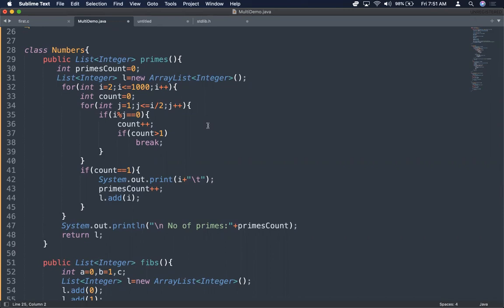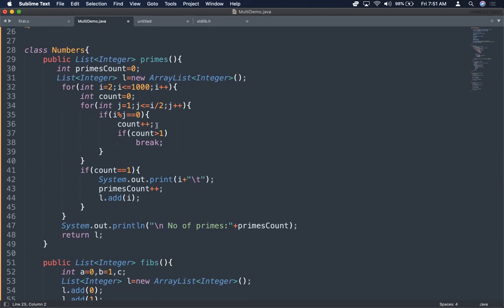So I will make the prime logic efficient by dividing that number up to its half size only. We know that after half of the size of a number, you don't find a factor. For example, if you take 100, 100 has factors 1, 2, 5 and so on up to 50.